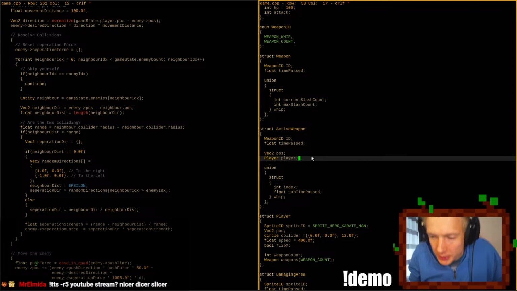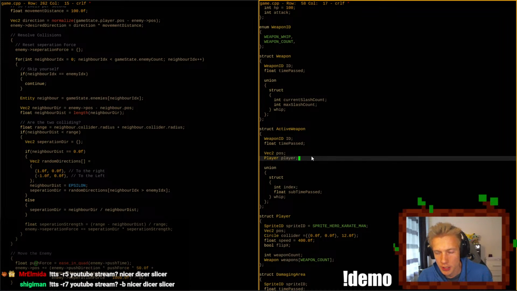Like, for example, an active weapon tracks the time it has been active for. For example, an active weapon could be a floating Bible across your character, and that active weapon can float around your character.